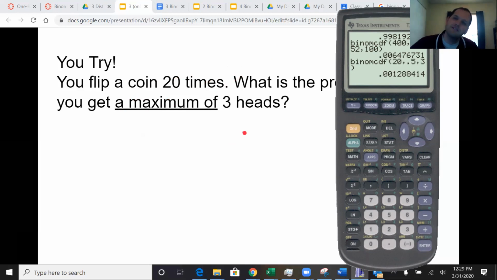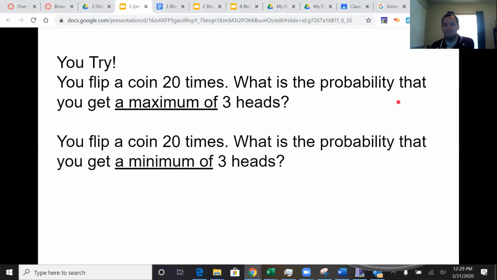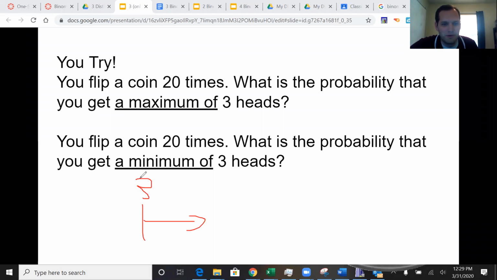All right, now let's take this and look at it from a totally different angle. What if instead of a maximum of 3 heads, we want a minimum of 3 heads? In that case, it could be 3, 4, 5, 6, 7, 8, 9, 10, 11, 12, 13, 14, 15, 16, 17, 18, 19, or 20 of those coins can be heads. What's the probability now? Well, we want a minimum of 3. I'm gonna do a little drawing. So if 3 is the minimum, if we want 3 or more,